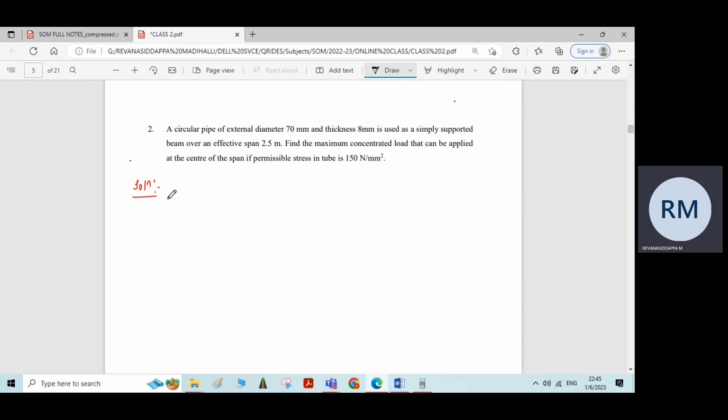So this is the problem on the bending stress on the beam. Let us solve this problem. First we will go through it. A circular pipe of external diameter 70 mm and thickness 8 mm. Correct? Let me write the figure for the same. It's a circular pipe